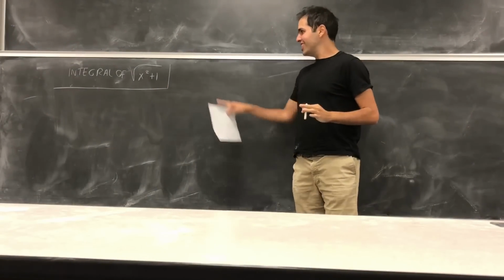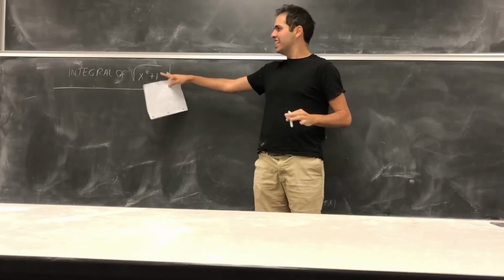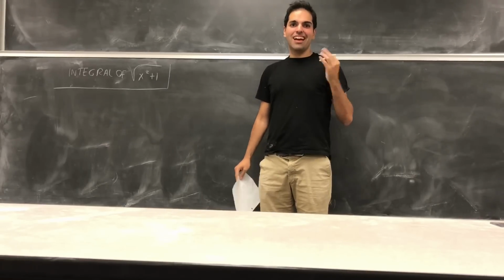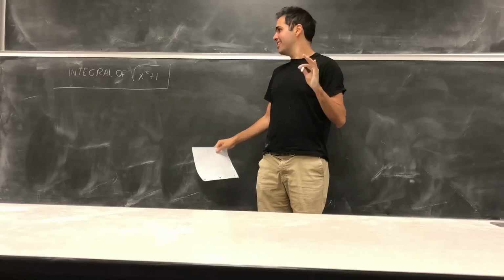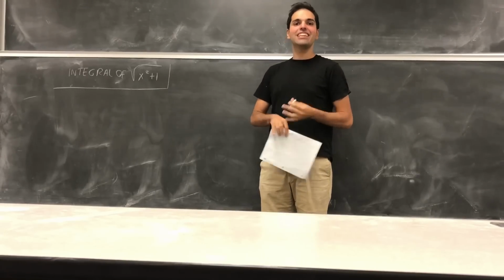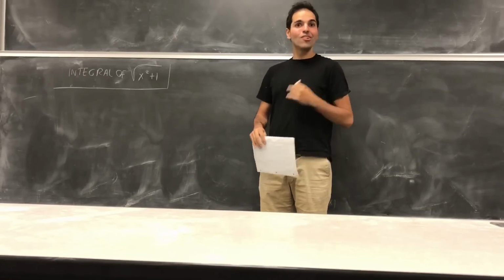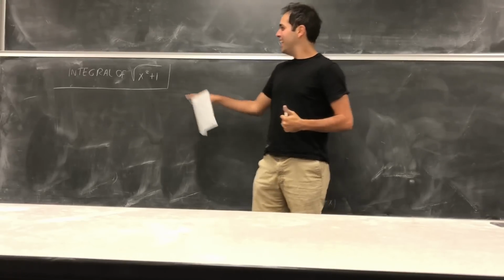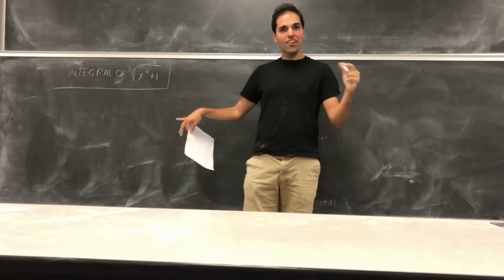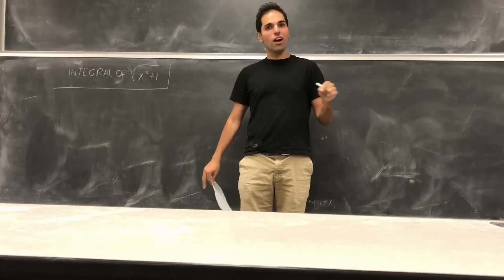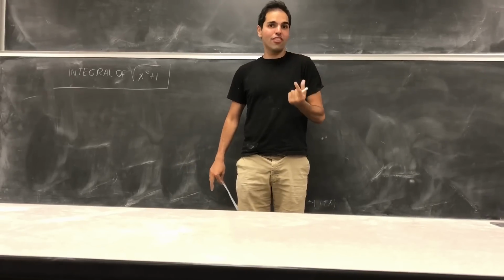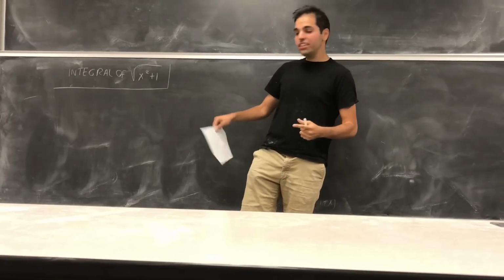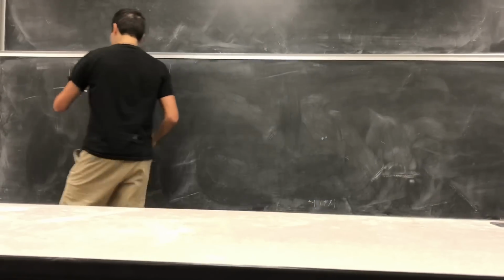Alright, thanks for watching, and today I will evaluate the integral of the square root of x squared plus 1. It's really cool because you'll see it involves some very neat calculus techniques, including integration by parts and trig substitutions. In a previous video, I did the square root of 1 minus x squared, and for that we needed a specific trig substitution. And here we need another one. Namely,